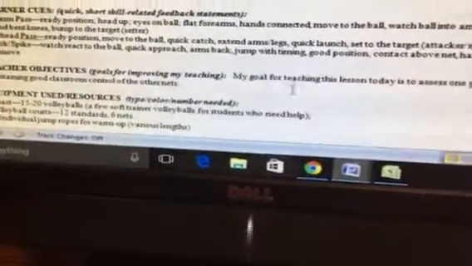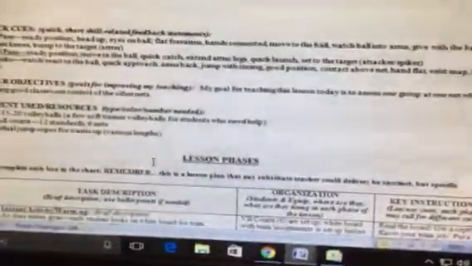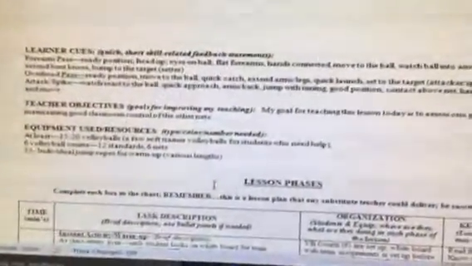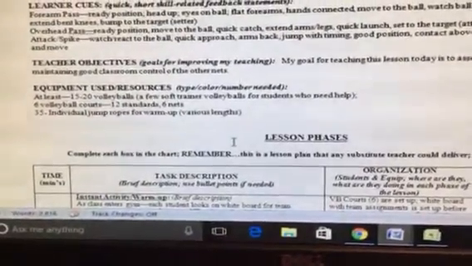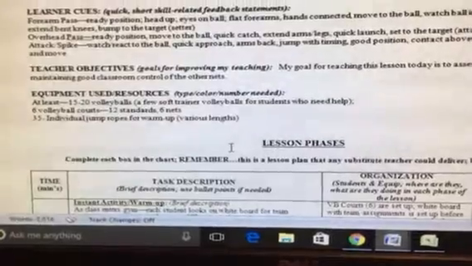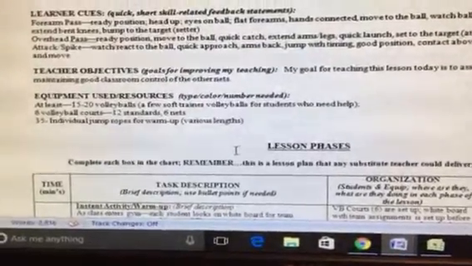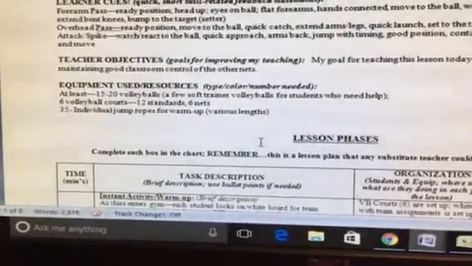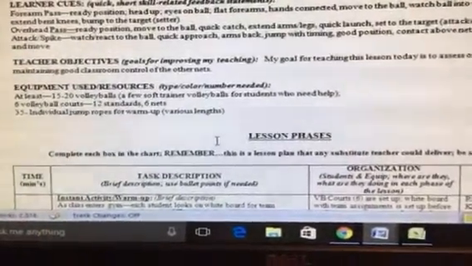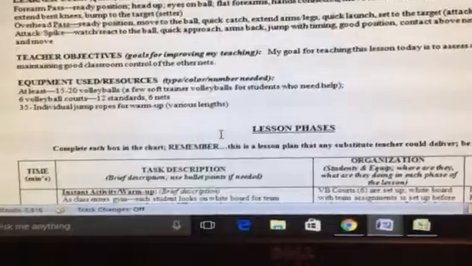You want to include your teacher objective, your own objective for what you're going to be working on in regards to being a better teacher. Also, you want to list the equipment used, and not only the equipment used, but the number that you're going to be needing. So obviously here I have at least 15 to 20 volleyballs, a few soft trainer volleyballs for students who may need help,